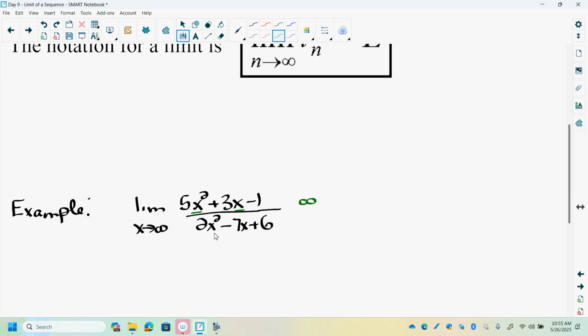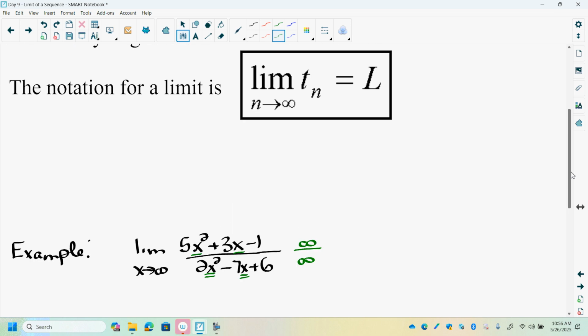The denominator is going to do the same. Some people might say, well, this is going to infinity, this is going to infinity, you have infinity minus infinity, that's going to be 0 plus 6. No. Think about this. This term is going to be blowing up quicker than this one. If you put a 2 in, you're going to end up with 8 minus 14. But if you put a 10 in, you're going to end up with 200 minus 70. So it's always going to be getting bigger down here too. That's no good. Direct substitution leads to infinity over infinity,